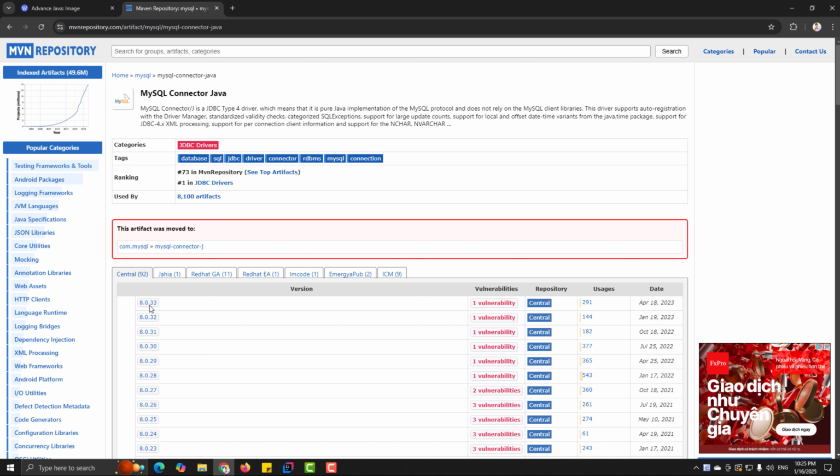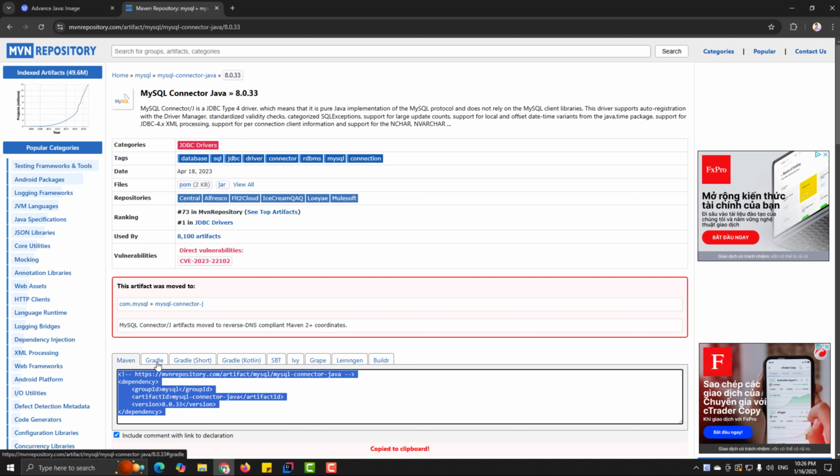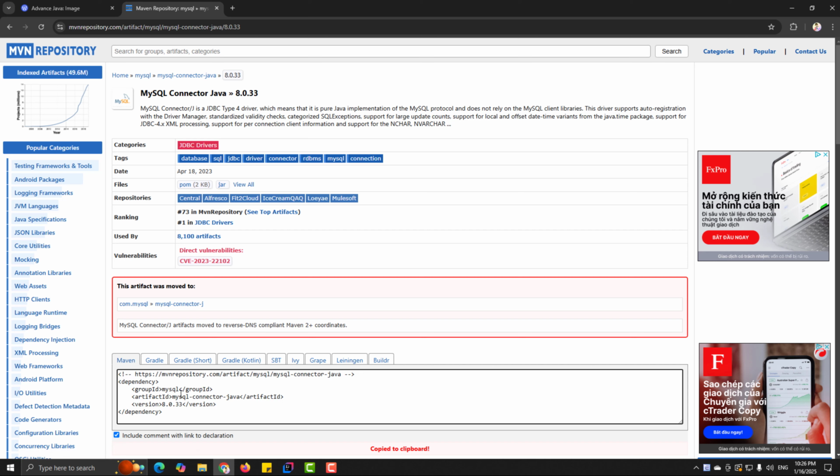And here you can see some versions. You can click on the version 8.0.33, and in here you can see we have some options for Maven, for Gradle, and something like that. But in this tutorial we won't use Maven. We will use Maven in some next session for Java Advanced when we work with the backend. Alright, so for this we will download the jar file,